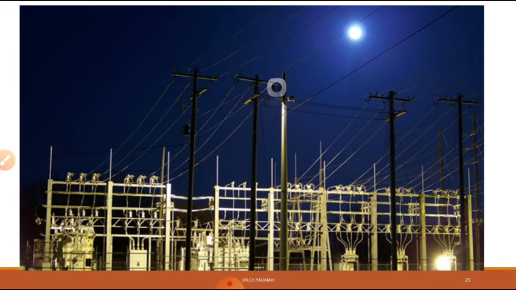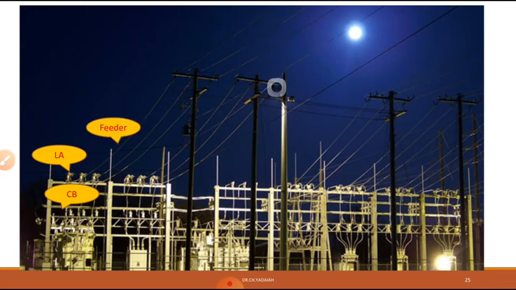After that, what will happen? From that, similarly, it will give to the CT, PT, the current transformers, CT, PT. Next, it is going to the grouped circuit breaker. Next, it is going to the feeder. You can see here the circuit breaker. Next, lightning arresters. Next, the feeder, and it is going to the outside through the poles. It is distributed to the different areas. So this is the flow, starting and going out from the transformers.